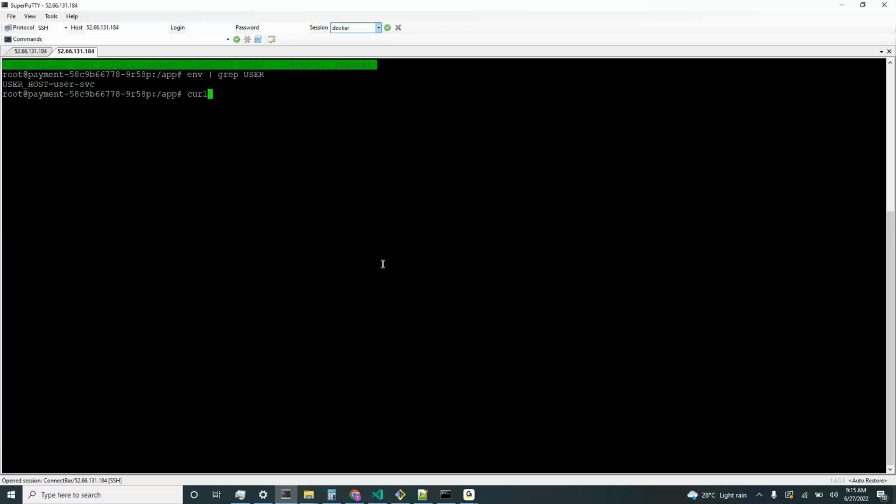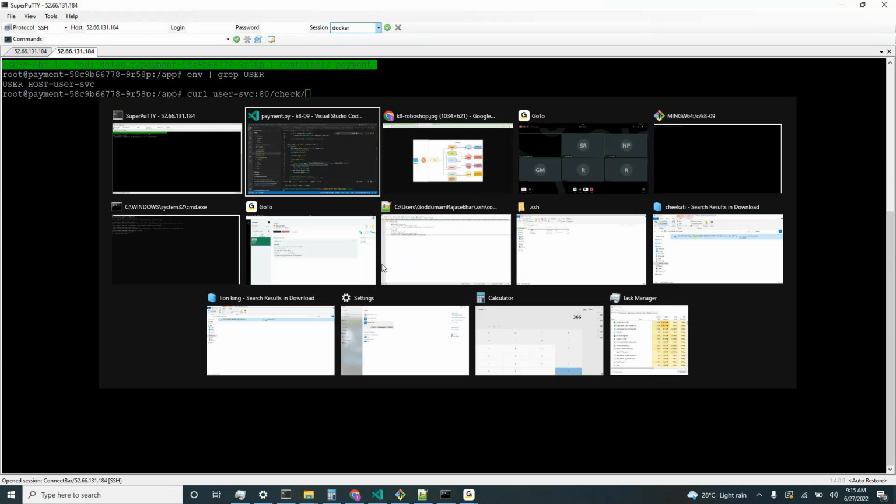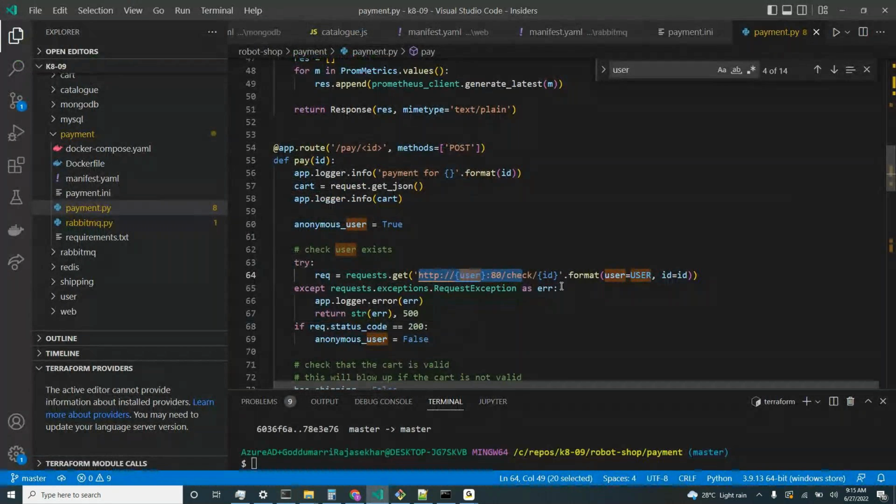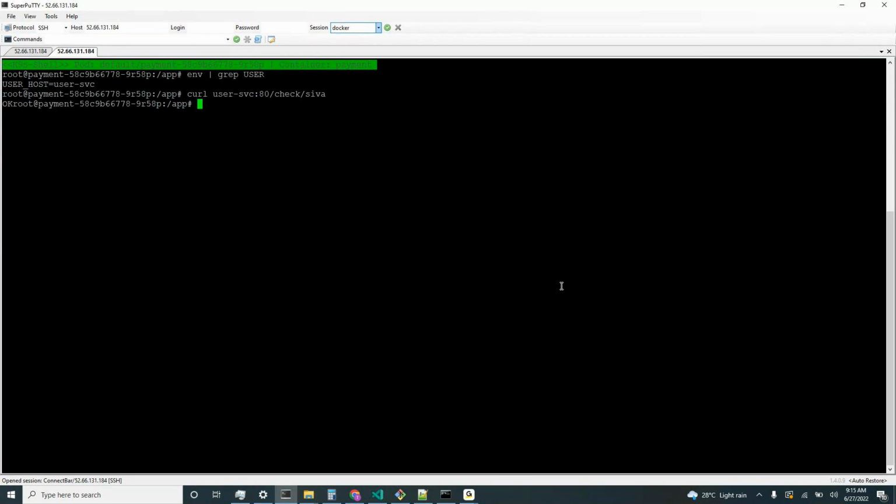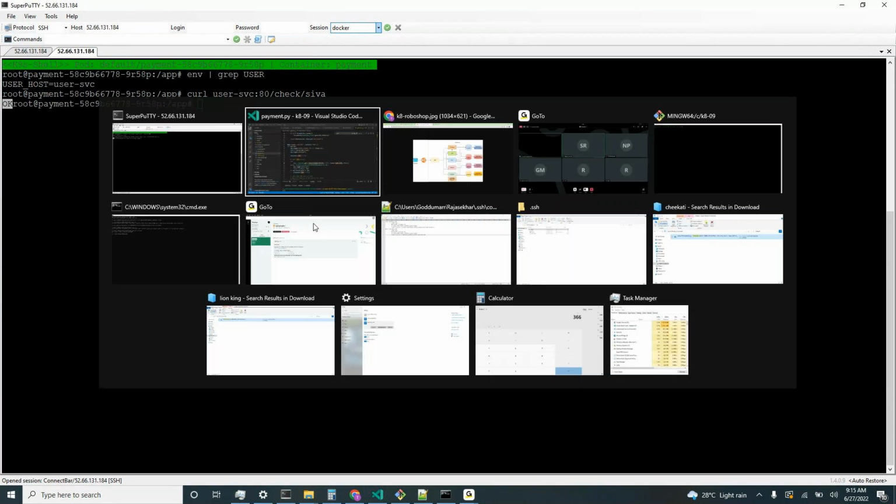Curl user svc colon 80 slash check slash siva. Okay, so the response is okay, and after that